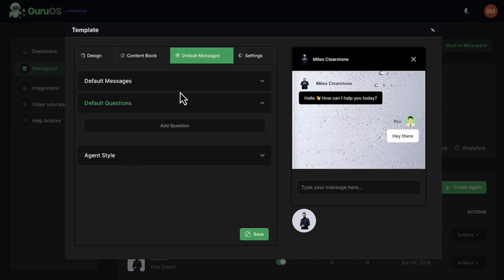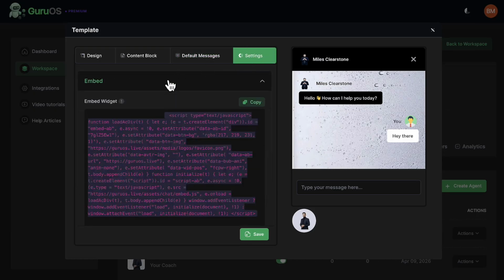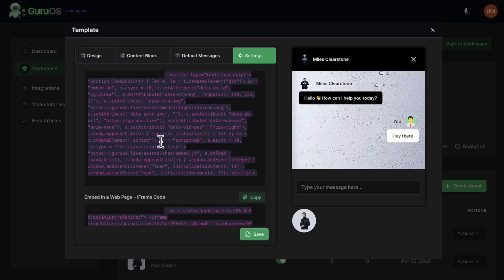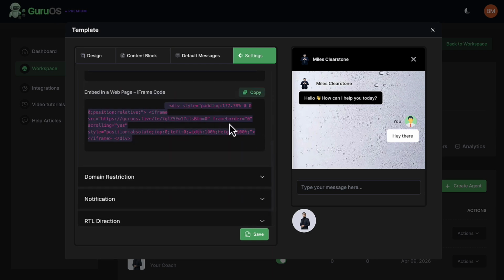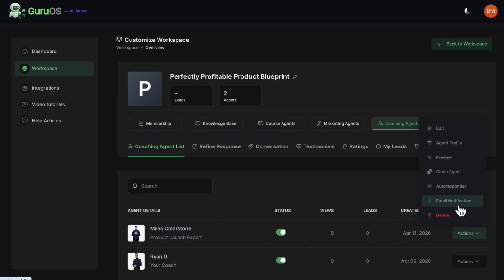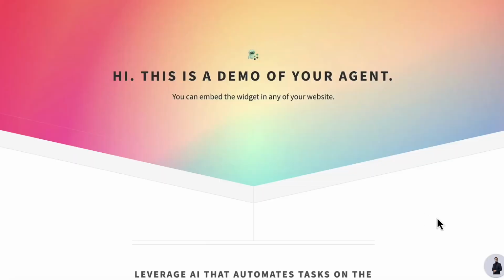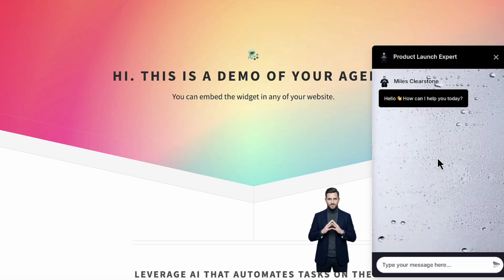questions it can ask. And then to embed the agent, you simply go to embed and embed it as a pop-up or as an inline that's not a pop-up. And we can interact with the agent before it goes live by just going to preview, clicking the button here, and then we can interact with the agent to see how he's going to respond back